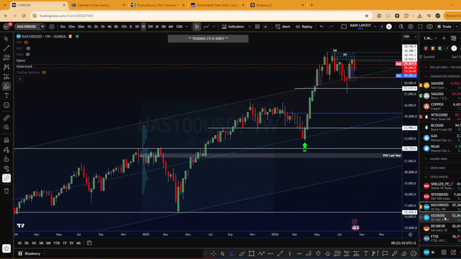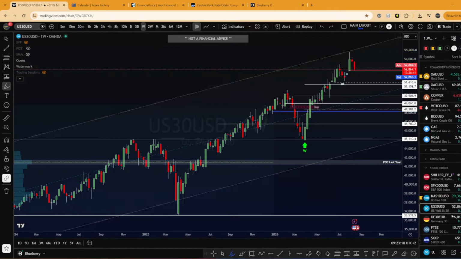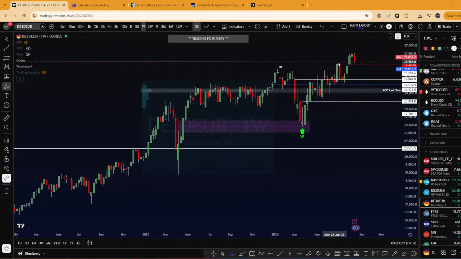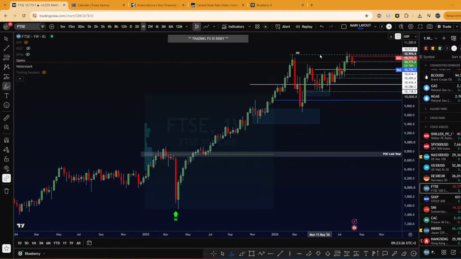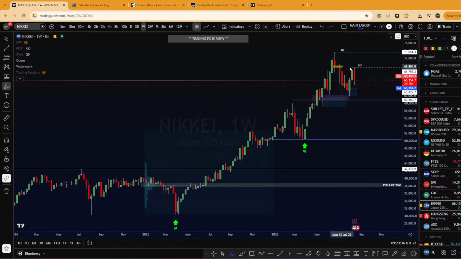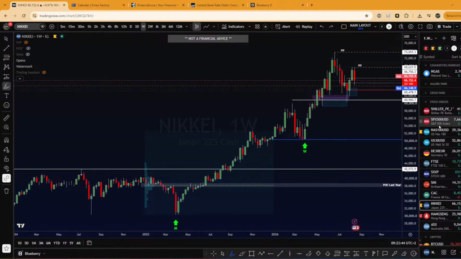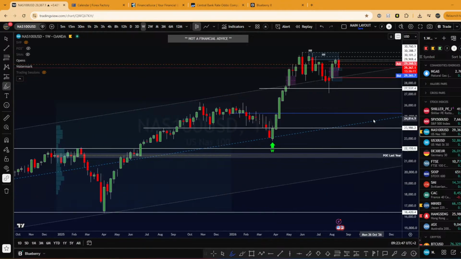Same thing with Dow Jones, the US 30. We are at almost all-time high. Not interesting for me. The German DAX, same thing. We are at all-time high. Not interesting. FTSE, same thing. We are at all-time high. And the only index that I find interesting is the Nikkei. As I said, we have room to target. We are bullish. And I will say Nasdaq also, because yes, we are at all-time high, but if I zoom in,